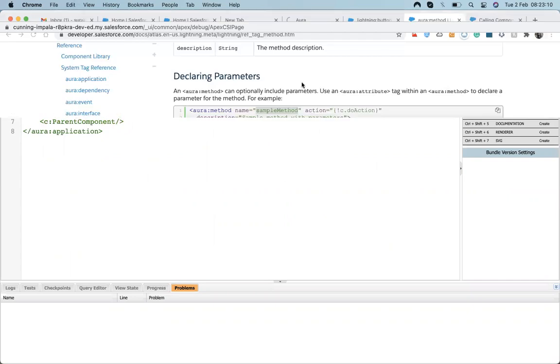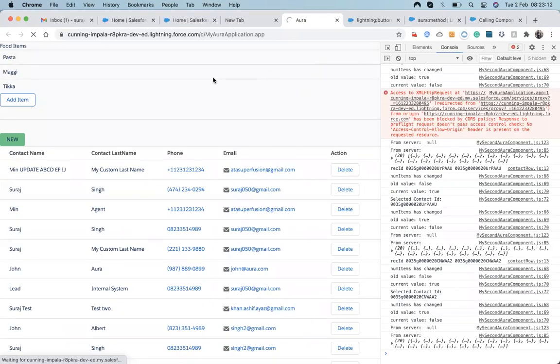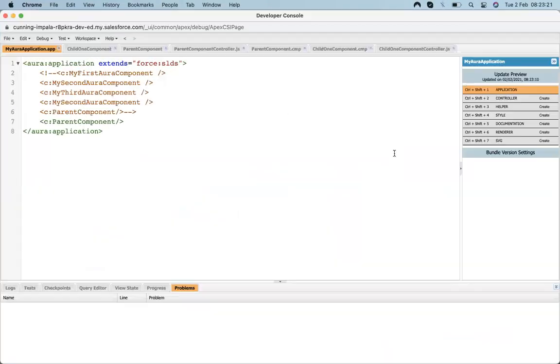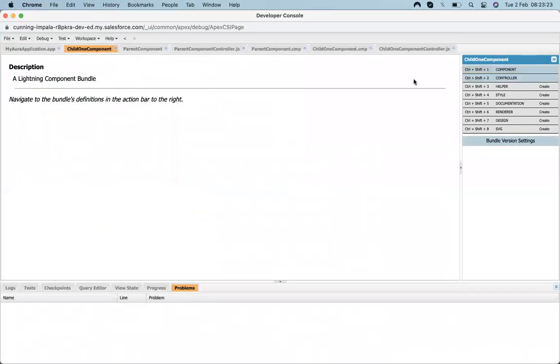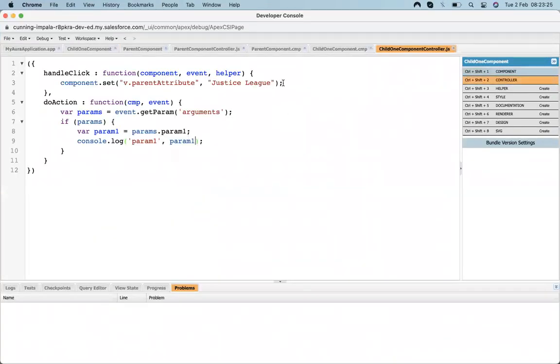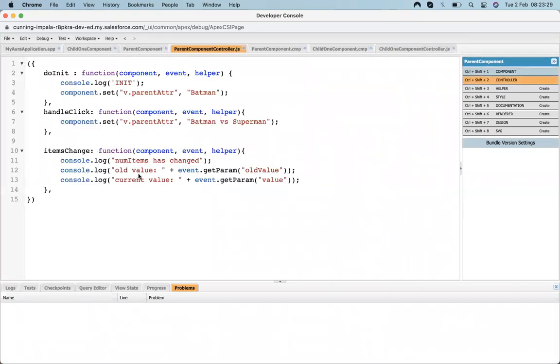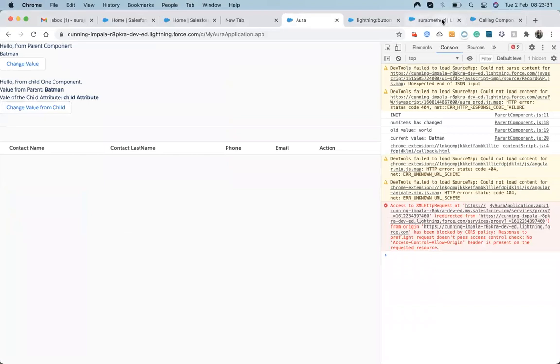So I'm calling my parent one. Okay, let's call a method from a parent. It's something like component.find.